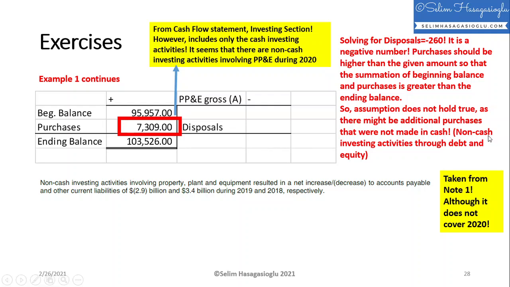So definitely there are some other non-cash investing activities which would then increase this number so that I will have a positive number for disposals. For example, also I took this from note 1. For example, in 2019 and 2018, there had been some